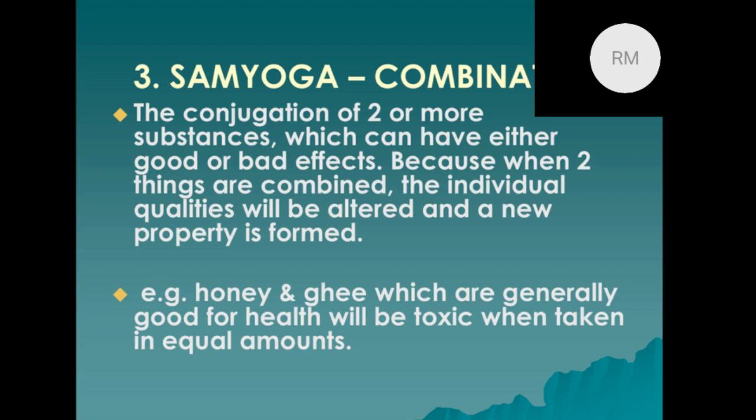So already you can think, when you plan a diet in Ayurveda, the first step is to study each food that you are taking. What is its property in its raw form? Then you have to understand what will happen when you process it. The third thing is what will happen when you combine it with other substances. So these are three important principles on the basis of which we assess the nutritional properties of food substances.